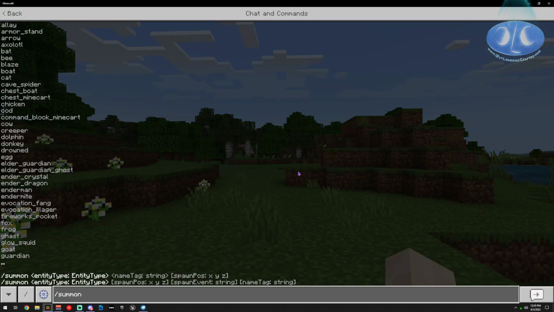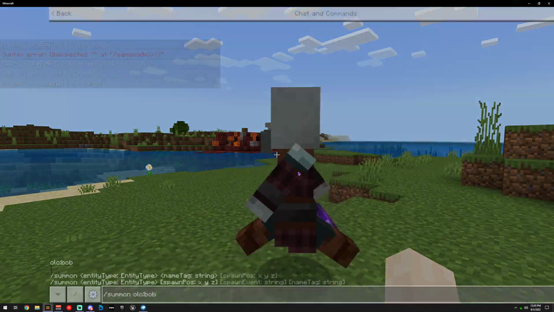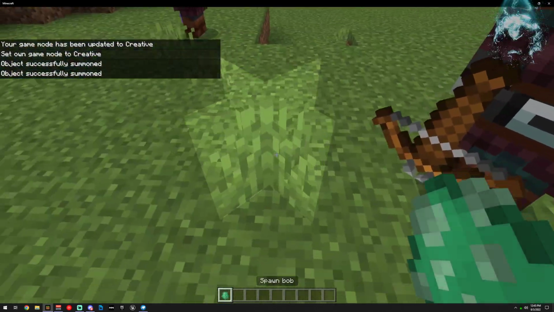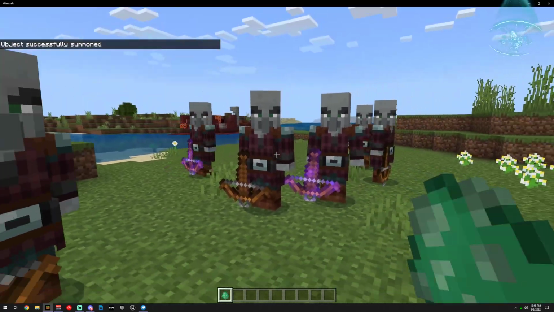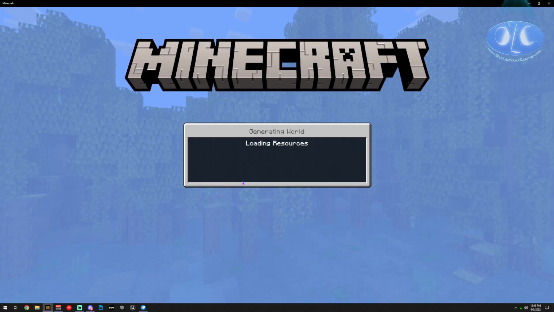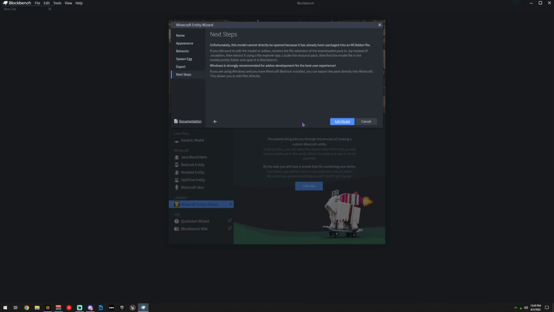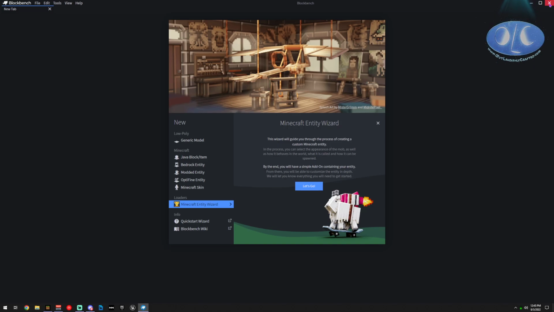And now let's summon Bob. There he is. So now we've got a Bob. And we're going to middle click our mouse button and get a Bob egg so that we can just spawn as many Bobs as we want. Okay, so now we have a Bob. We're going to close and save the game. When we're making changes, we can't be inside the game. We have to be outside the game. So now we're done with this. We're going to close all of this stuff.